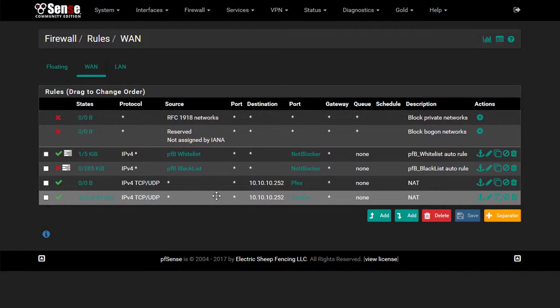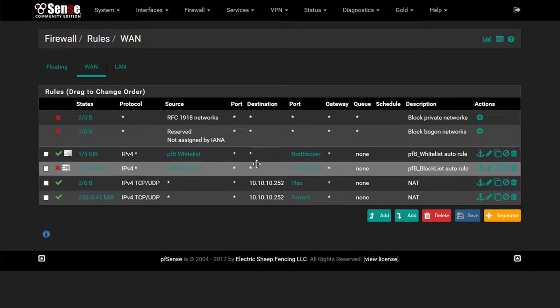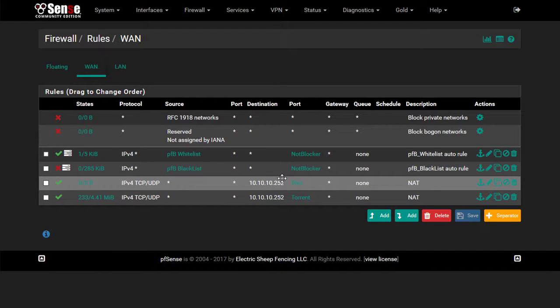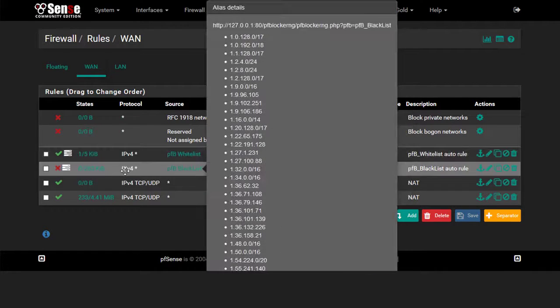So anything that's in the blacklist doesn't get forwarded, so that protects me. Now, how do you apply a rule? Because this rule automatically generates right here. No matter what, you can move this up here and change the order all you want. You hit save, reload. Next time it actually applies, or next time pfBlocker updates, it's automatically going to put itself